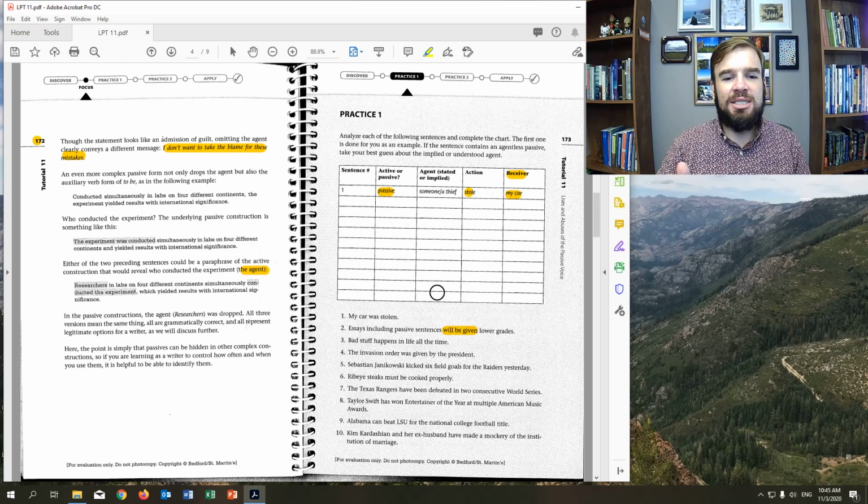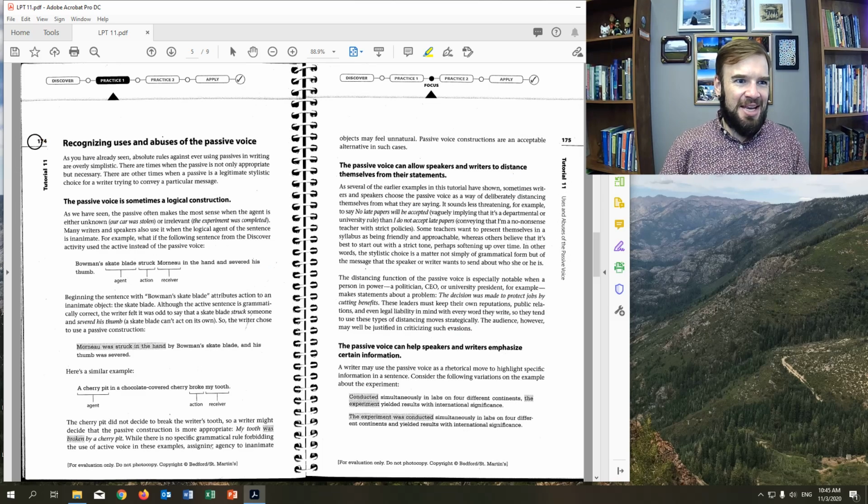And I want to make sure I explain this clearly. I was trying to explain this a few different ways, but I think I'm saying it too many times and making it more confusing. But receiver just means the thing that receives the action. And in the passive voice, the thing that receives the action is going to be the subject of the sentence. So pause, review this, and like I said, you might see it again in Canvas. Now on to page